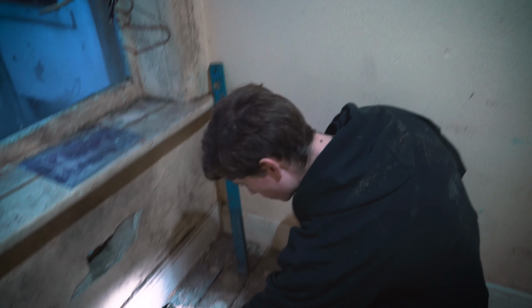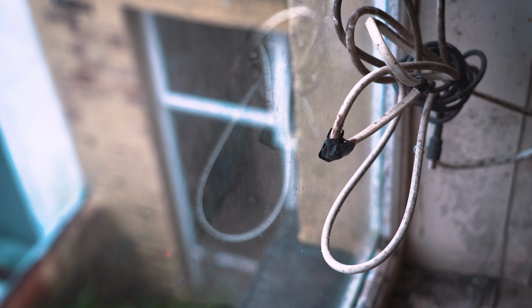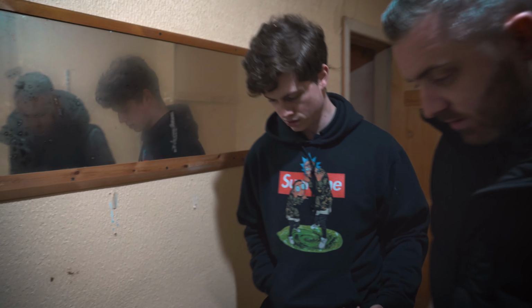I mean, you can see it visually that this is obviously sloping down, but look at the gap as it just increases with the bottom of the skirt. And it drops a good inch. This is a bit soft in here, which is interesting. I think this is joists